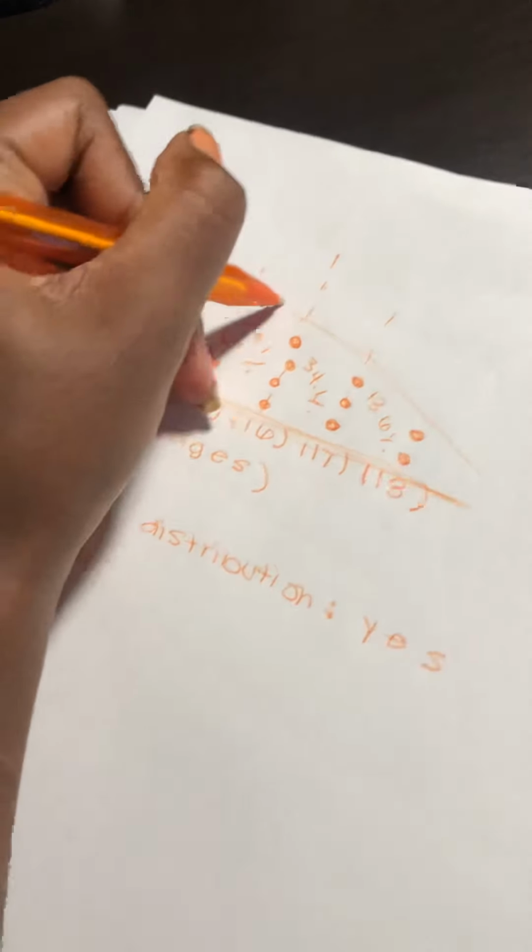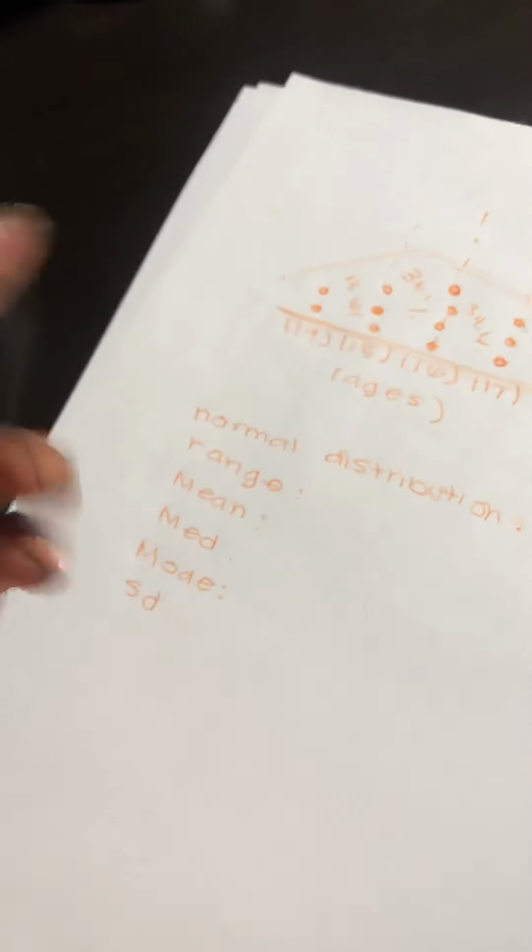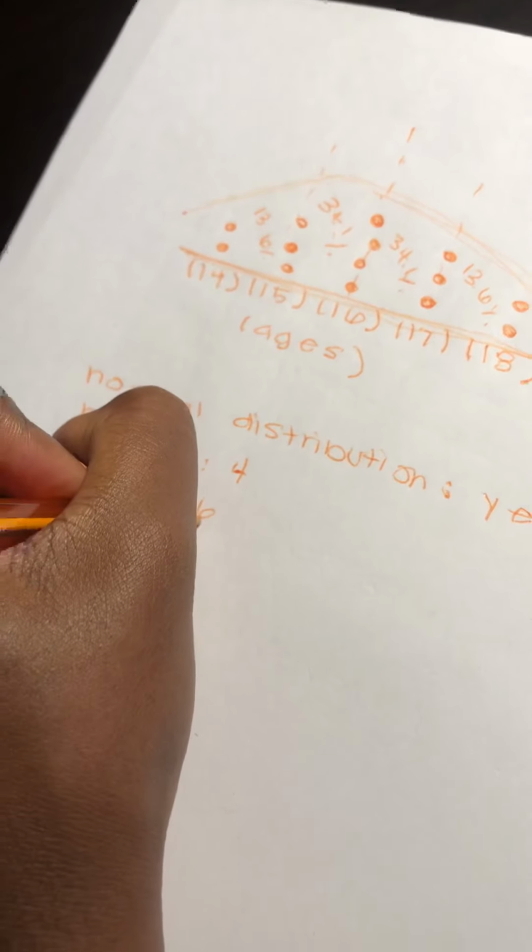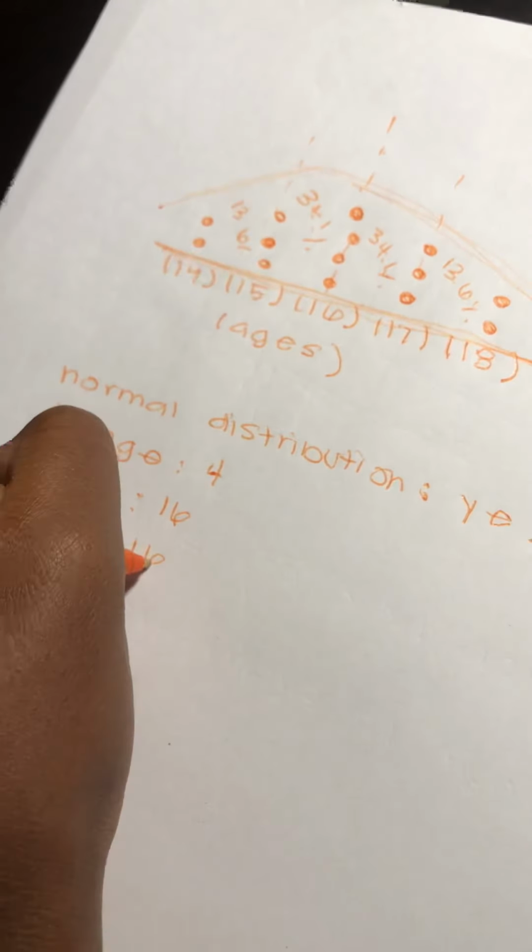Everything is centered. Also, after you find the range, the range is 4, the mean is 16, the median is 16,